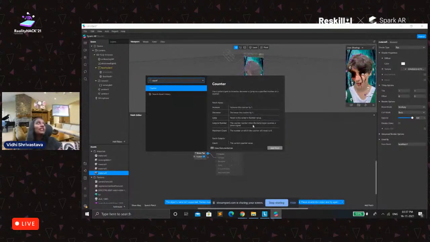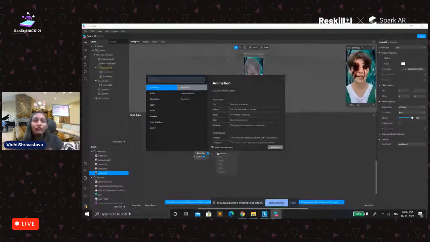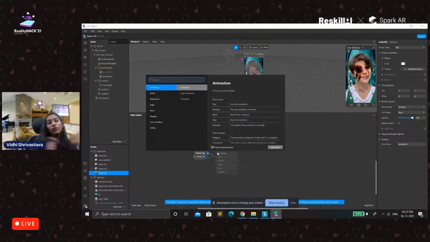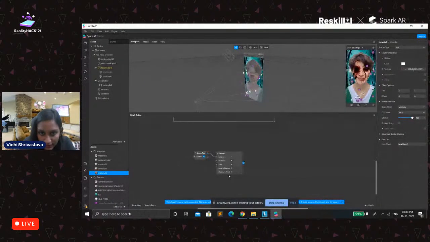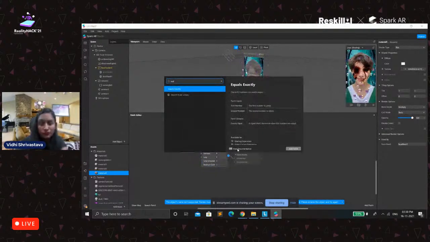So what it is, for example, I have the counter of 2. So what I want is that I have two face trackers, or two rectangles, and I want that for the first face my background should be this and the face texture should be this. So I'll give the counter value 2 because we have two different face meshes. If we are creating something with 4, you can go with the 4. Wait, let's do it, then you'll understand. So maximum count, let me take it right now as 2, and then you need exactly equals to. So it will check if the two numbers are exactly equal, as the name says.